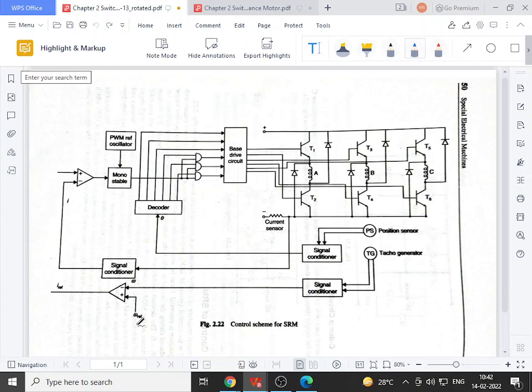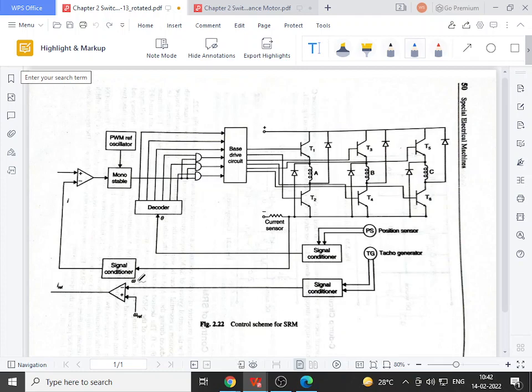Third, if omega is less than omega reference, produce output. So according to the preset condition provided to this comparator, it will generate the output. There is always a comparison between the actual angular speed of that motor and the reference speed. The reference speed depends upon the desired chopping frequency or desired stepping frequency. ये reference किसके ऊपर depend करेगा? आपको कितना stepping frequency चाहिए, उसके ऊपर वो reference depend करेगा.